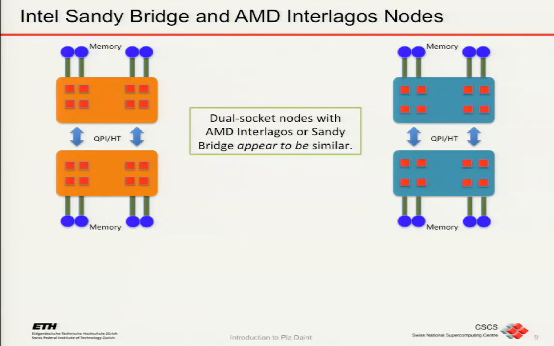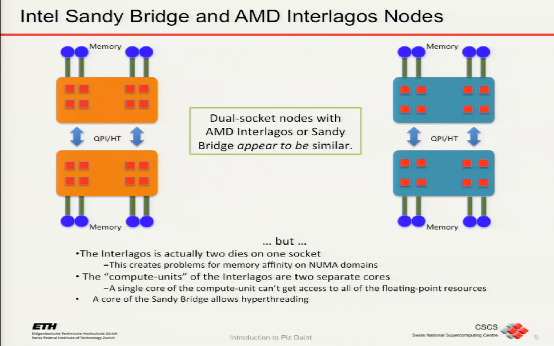So I'm just going to briefly repeat something that Nathan was talking about, and that is for people coming from the XE, the difference between the Sandy Bridge and Interlagos nodes. They appear very similar, although, as you mentioned, sometimes different things such as the operating system and such as compilers might actually see the Interlagos as 32 cores and the Sandy Bridge as 16, etc. But for some cases, they appear very similar. But the first and most important thing that you will notice from your applications as you move forward